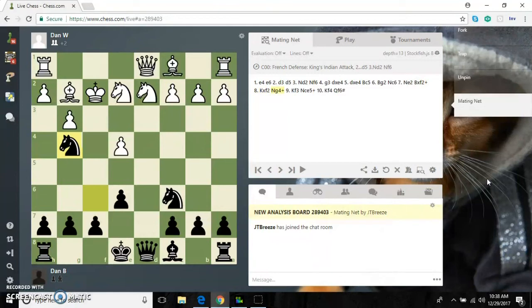King takes, knight G4, wow. And it looks like the king goes back to E1. Then knight E3 wins the queen, because the queen has no place to go. If the king goes back to F1, then knight E3 again wins the queen with check. Wow, so it looks like white would have to retreat to G1